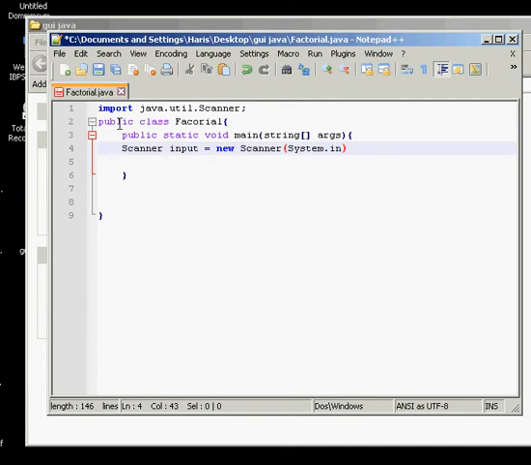So I create an instance of the scanner class, called it input, and the next thing I will be doing is creating an int variable, call it var, and it's going to expect an input from the user. It's going to ask the user to input a number. It doesn't need any arguments. You can give a prompt if you like, saying